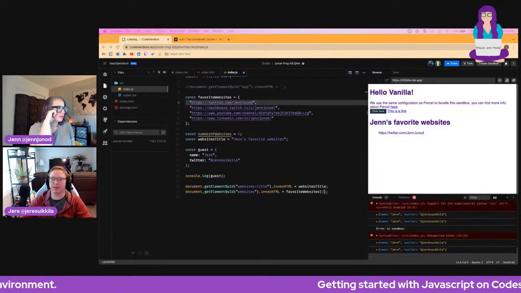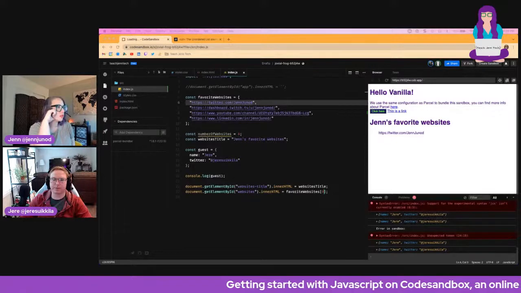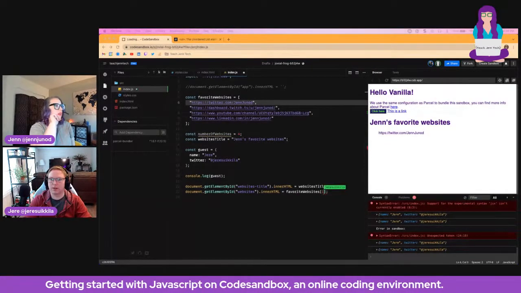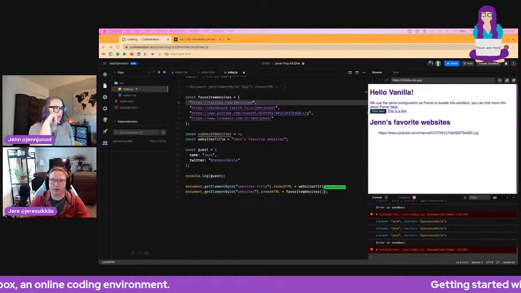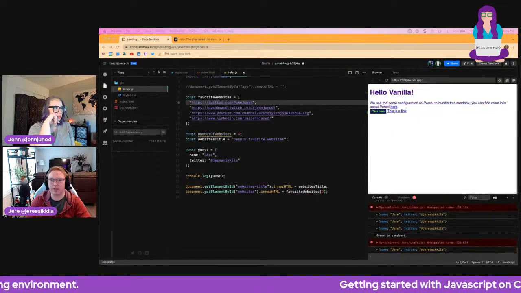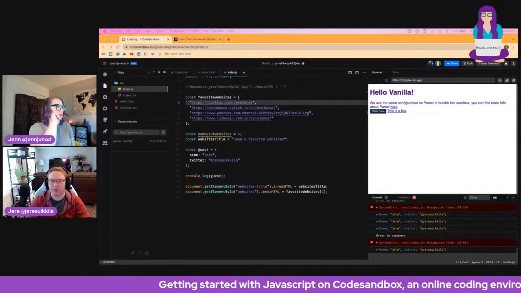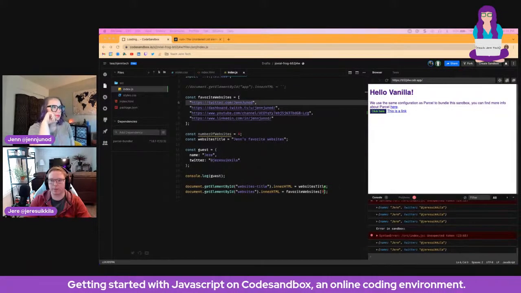Let's see what happens. It does the first one. And then the second one. And the third one. So this is the way we index into an array. We pick out which element from the array we want.